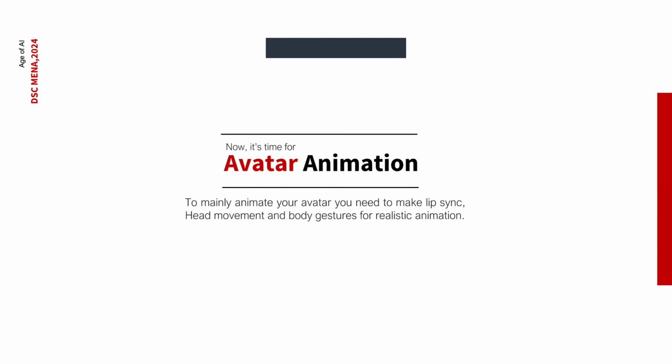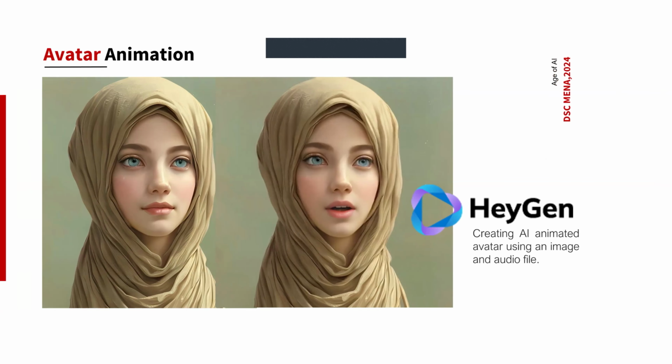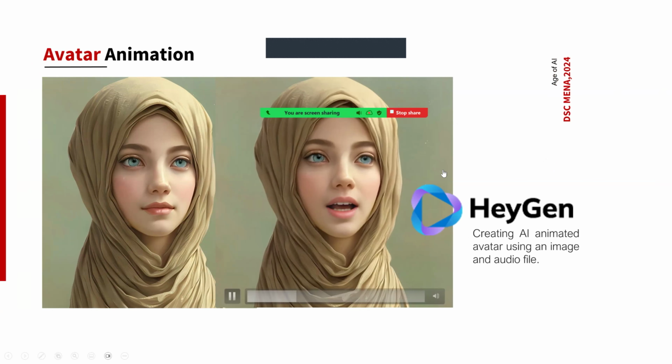Animation actually has three basic things: lip synchronization, head movement, and body gestures to be more realistic. We demonstrated two major tools, or like say big tools, in doing that. It's Hagen, and it's very good in making head gestures and